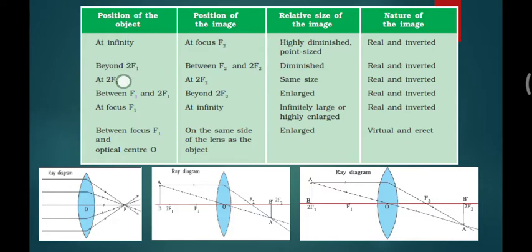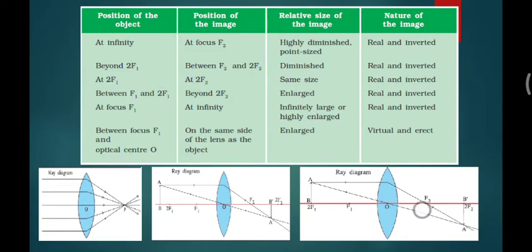In the second case, when the object is beyond 2f1, the image is formed between f2 and 2f2. You can see it is also diminished, and it is real, because real rays go there. The dotted line you can draw as a solid line, so don't bother with this. It is real and inverted; the object is upward and the image is downward. In the third case, when the object is at 2f1, if you follow the rules, your image forms at 2f2 and its size is also the same. So at 2f2 it is the same size, real and inverted.